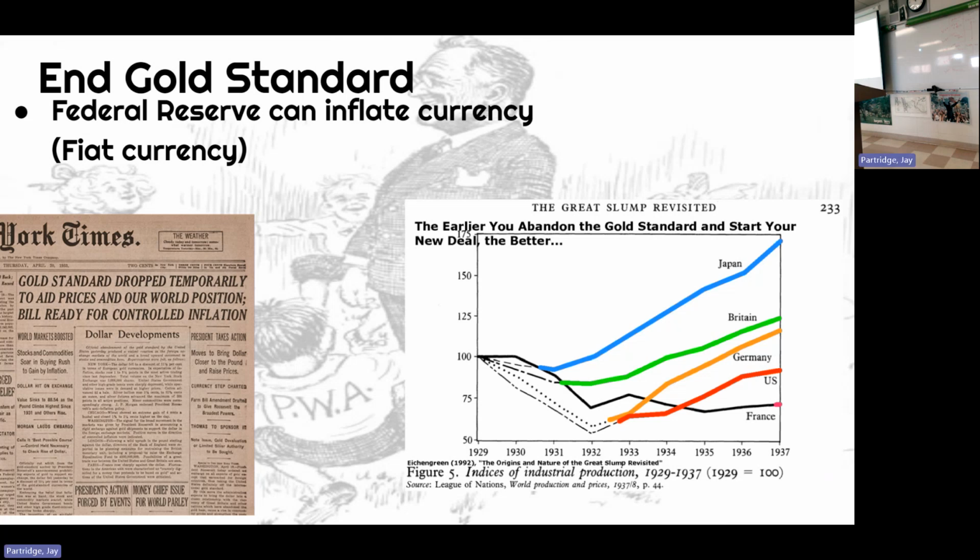And so this would allow for everybody to inflate their currency, and every country that went off the gold standard had immediate economic benefit. With the line colors, that's where it shows each country went off the gold standard, and immediately their economy went up. France, for reasons that are very French, they refused to go off the gold standard, and their economy was stagnant all the way to the end of the decade. Yes, that will have great impact on their preparedness for World War II.